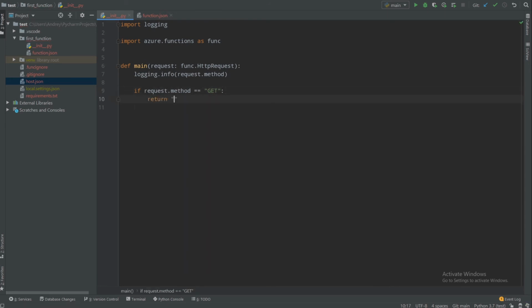We can put just normal text, but I'll use function.HttpResponse like that, and let's put "hello", just hello response. But if our method is not GET, or it's POST, for example, let's put else or elif request.method equals